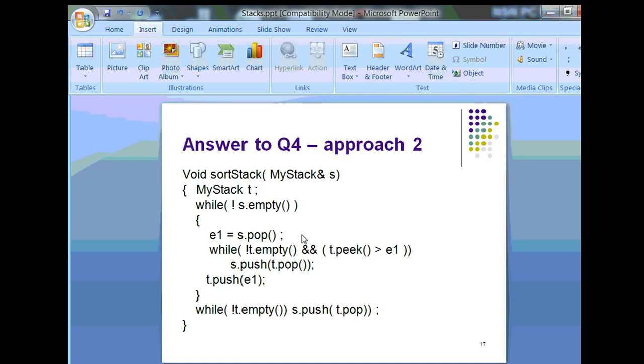Now let's look at approach number 2, which is a non-recursive function. In this case we have a function sort stack which returns void and takes a reference to my stack object. We create a temporary stack called T inside this function, and while S is not empty, we pop an element from S,